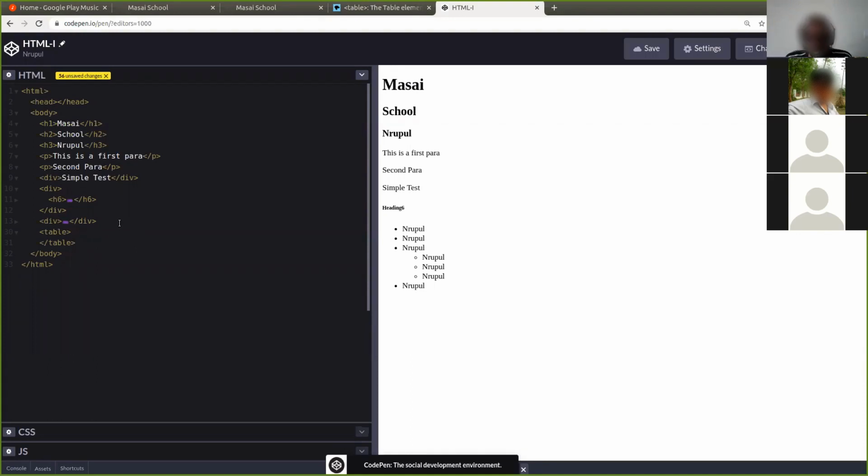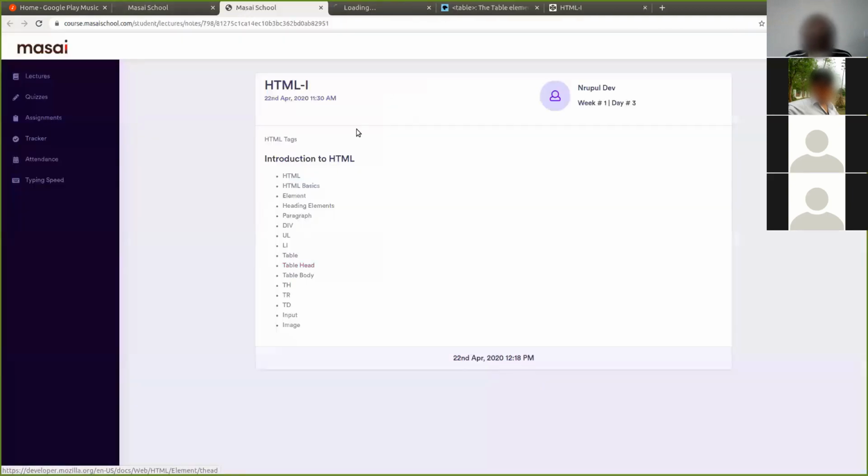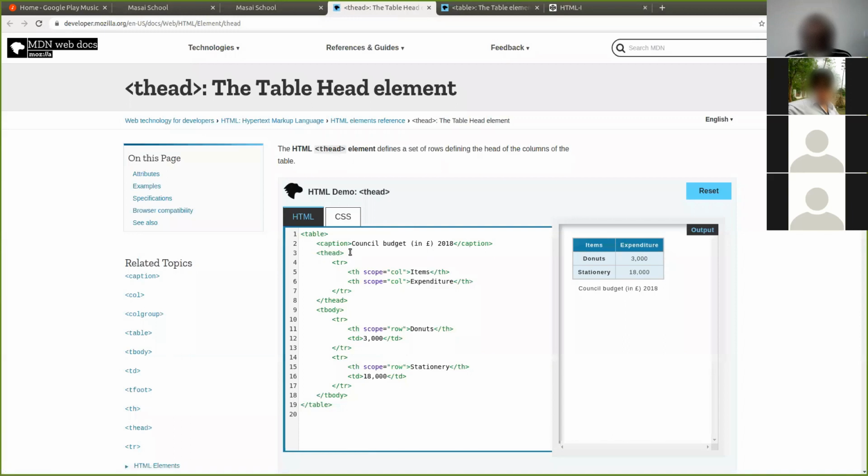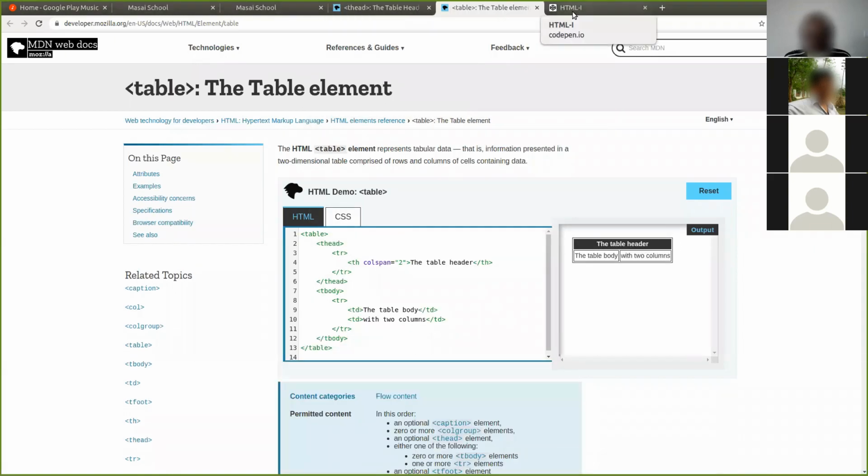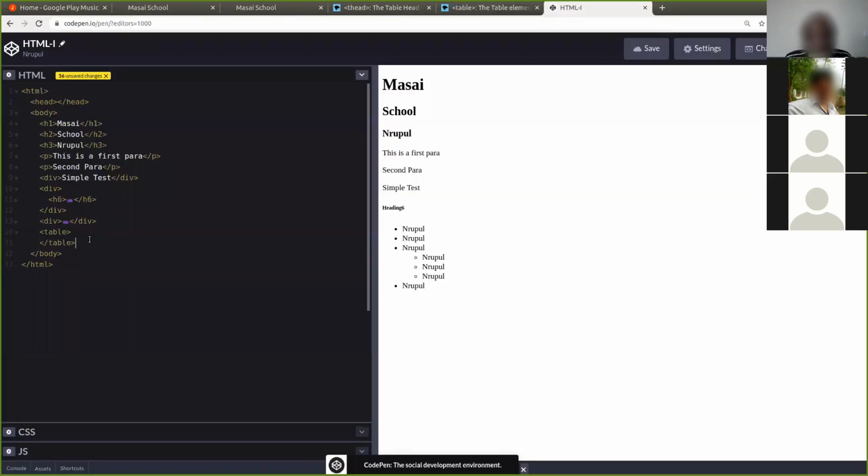You can directly create the body without the header. But if you want to create a head, you have to use a separate tag called table head, and it looks in a different fashion, but it will not look blue because you have still not applied any styles for it, or you're not writing any CSS for it. Okay, so now with these things, let's create a table.